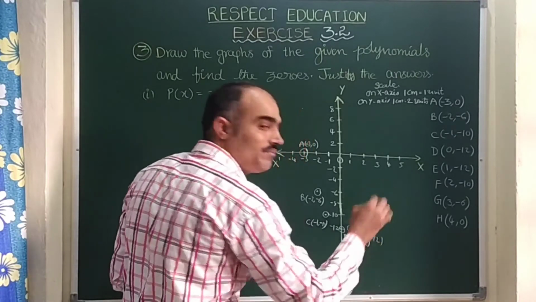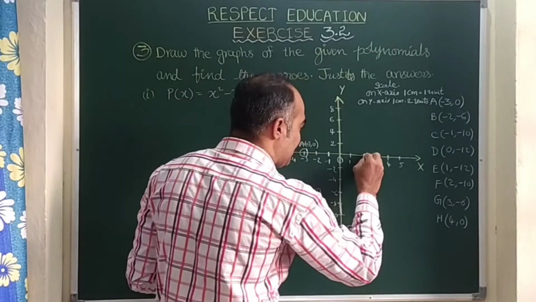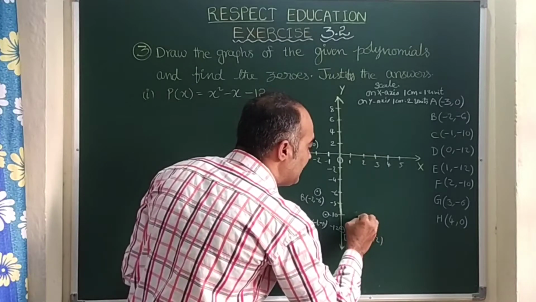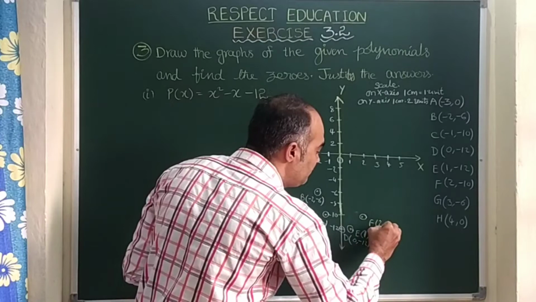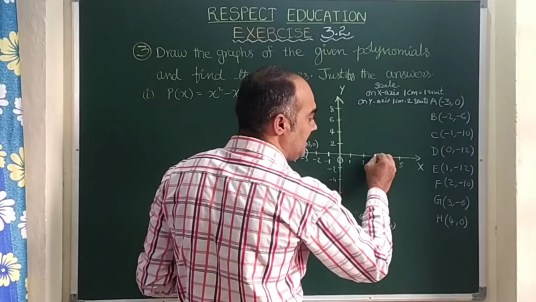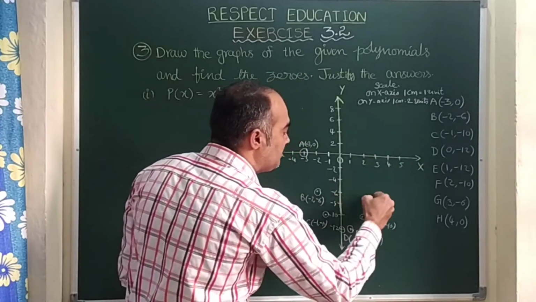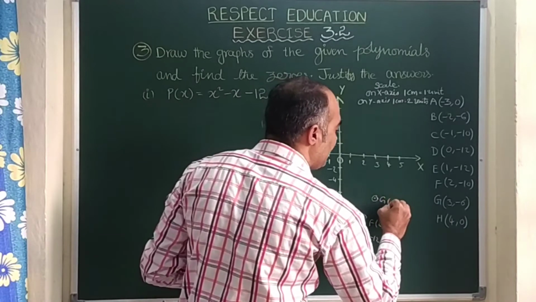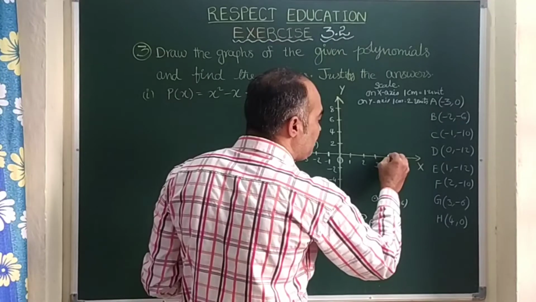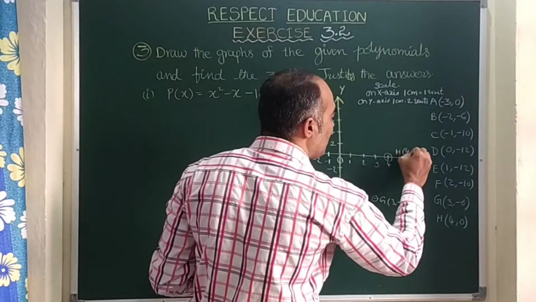Now my bike is to be at 2. So at -10 on that number line 2. Here this is at -10. It is F (2, -10). Now my bike is at 3. I should go to -6, means down. So here this is 3, this is -6. This point is G (3, -6). Now last one, my bike is at 4. That is 0. So I should not go anywhere. This is H (4, 0).